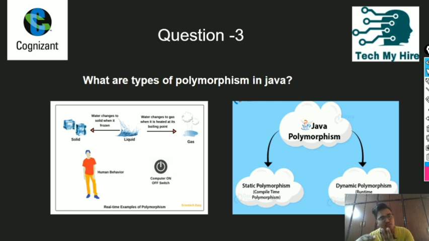So you have observed two scenarios here. One, Sachin dropped me in Delhi. One, an unknown person dropped me in Delhi. If you think about the first scenario, I know who is coming to me: Sachin is coming and dropping me in Mumbai. So this is known as compile time polymorphism. Whatever is occurring is known in advance. The thing that is happening is at compile time. The polymorphism occurs at compile time, not at runtime.